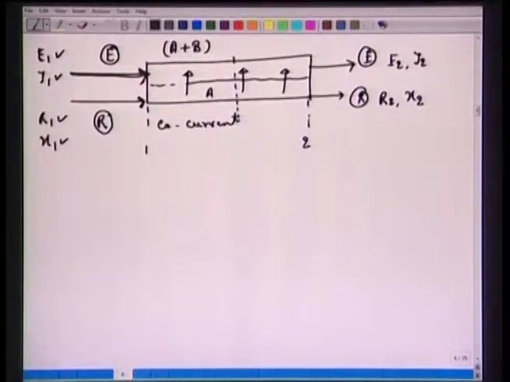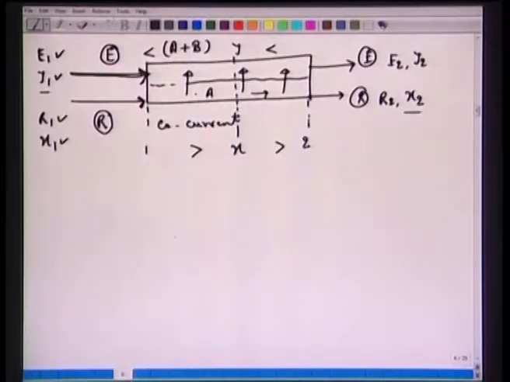So if we choose any interface here, suppose we have X, X1 will be greater than X, and X will be greater than X2, because A diffuses from here to here. And similarly, if we have Y here, mole fractions in this E phase, then we have Y2 greater than Y, and Y will be greater than this Y1. All right. So as R moves along the column, both mole fractions of X and Y change. Okay, this stream gets enriched with A, this stream gets depleted with A.